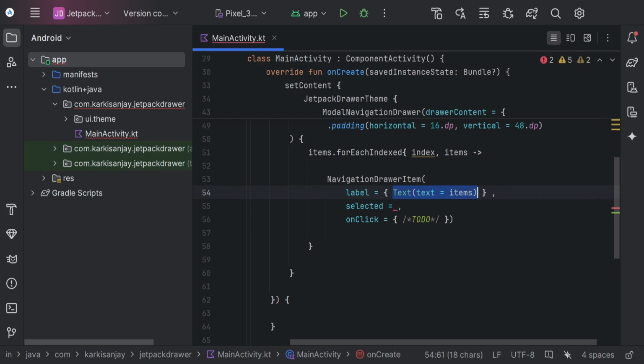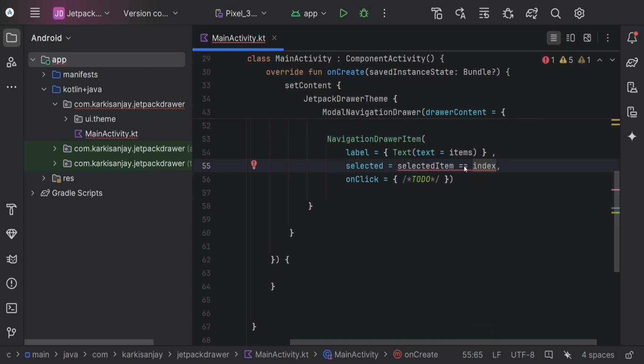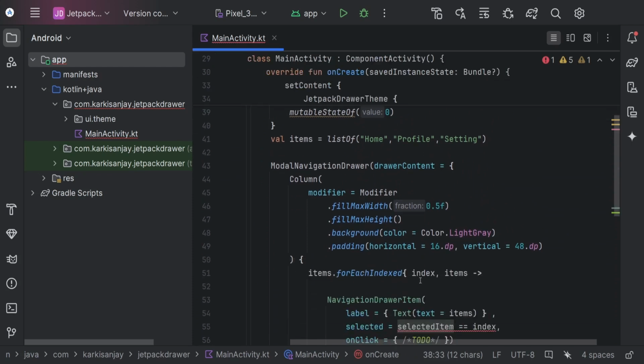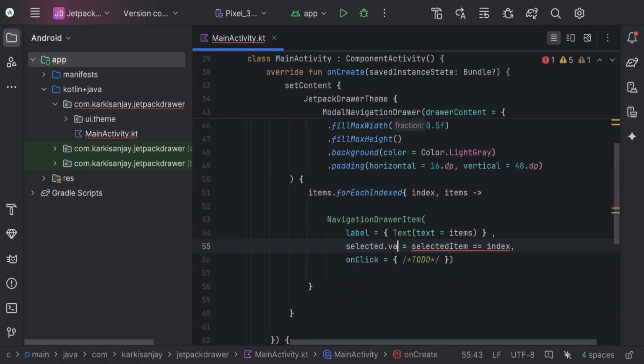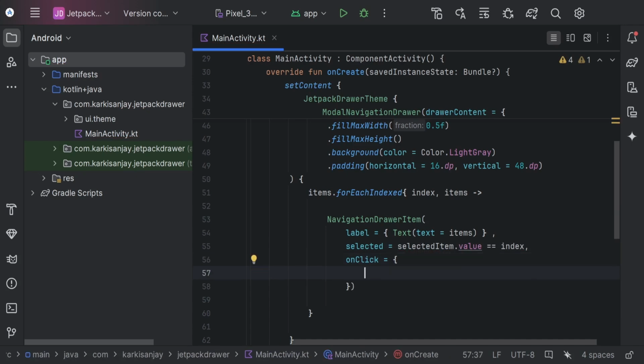So on the selected item, let's update our selected item value. So our selected item value will be the index, which is the current index, and as we have defined it to be a mutable state, we have to provide its value here. So let the item get value. And so onClick, so when the item is clicked, what we need to do is we need to